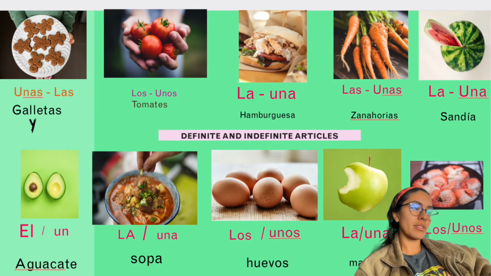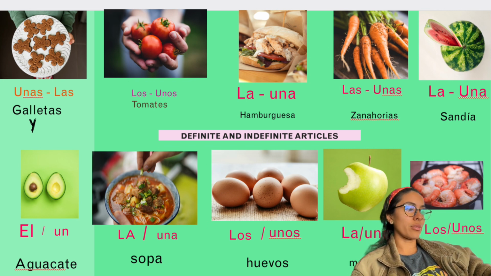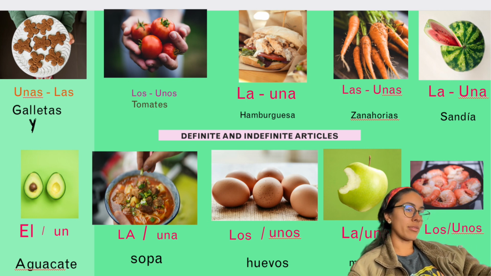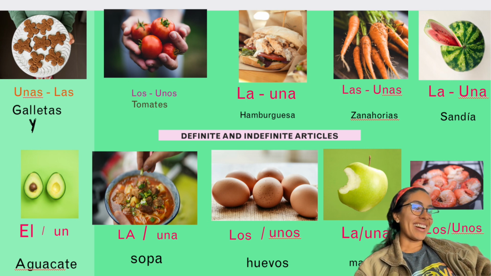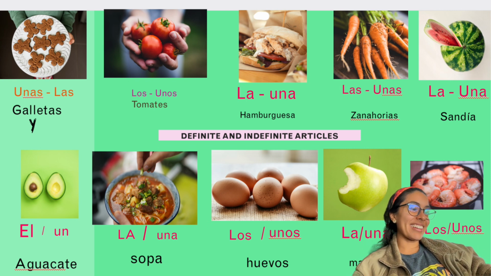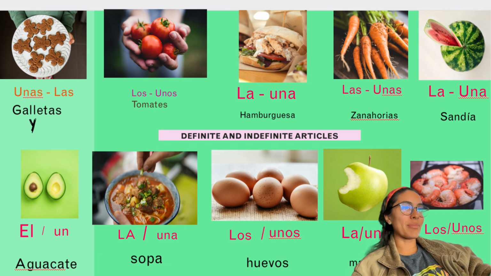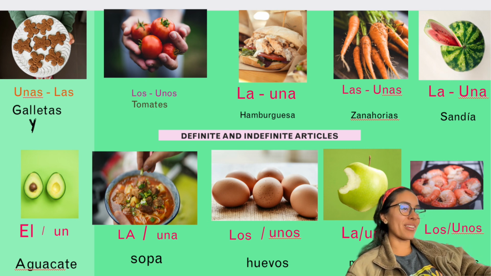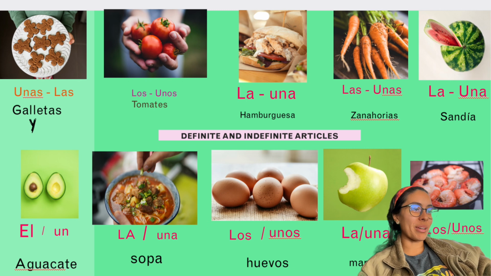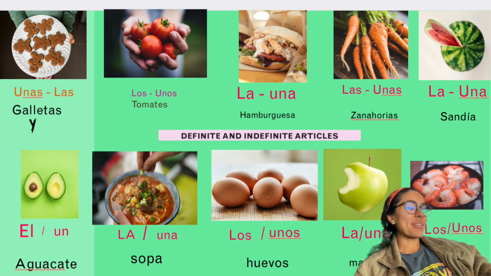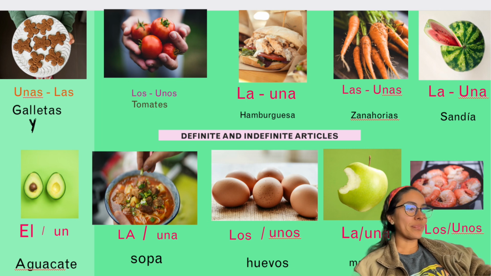Some foods specifically, because in my personal experience, I love food and I love going to restaurants anytime I have the possibility. And I feel like that's the majority of the moments when, learning a language, you want to be able to order in the language that you're learning. So there are some examples here.